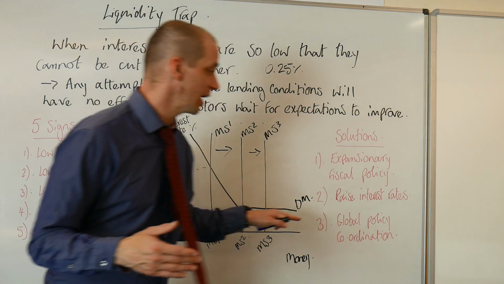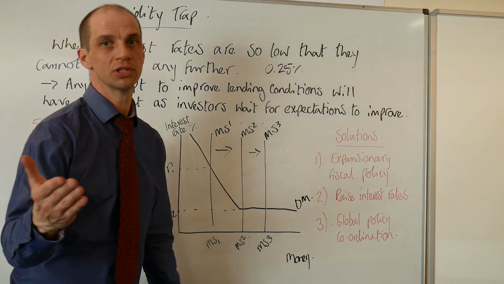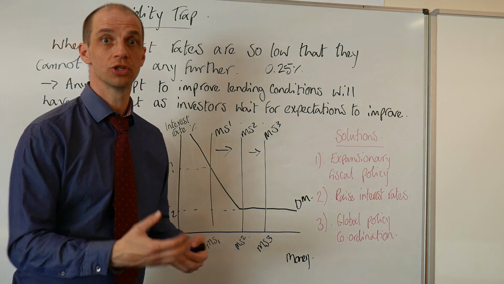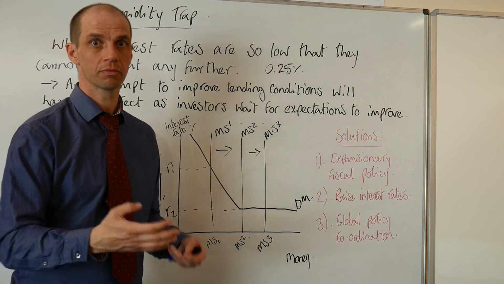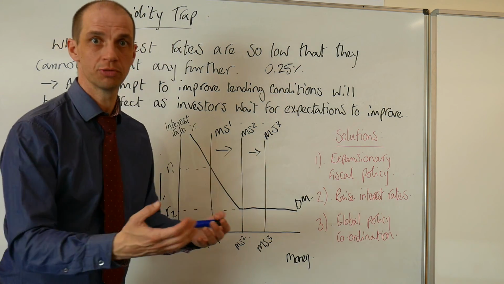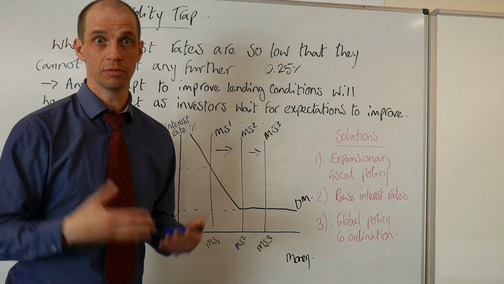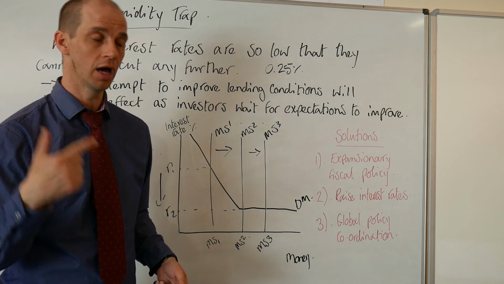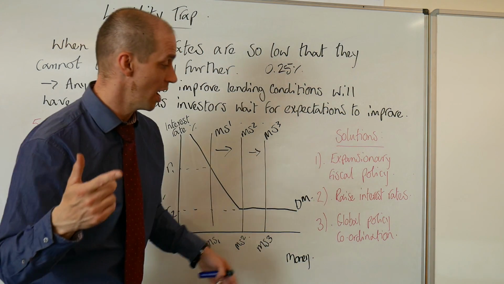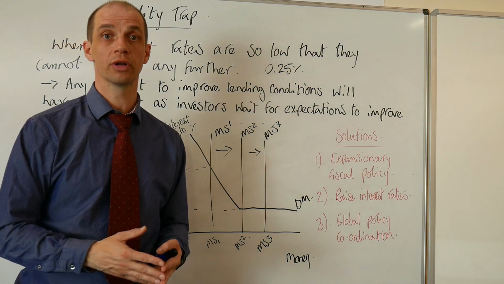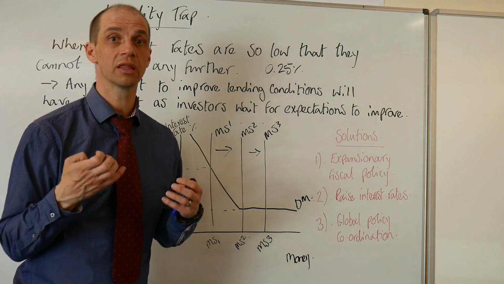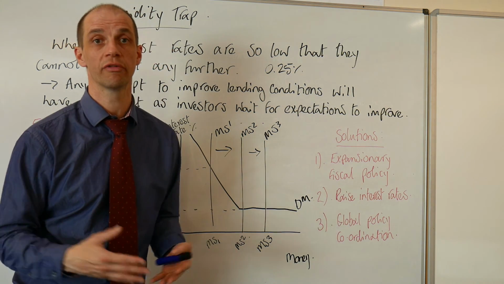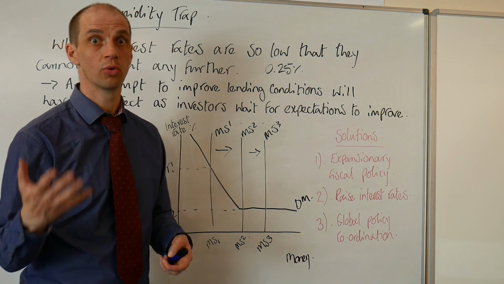And thirdly, global policy coordination as well. So the fact that you do have some nations which save very, very large amounts of cash because of sustained and persistent current account surpluses, the likes of China and Japan, Germany, run those enormous current account surpluses, where they could take their excess savings and invest in countries that are suffering from a liquidity trap.